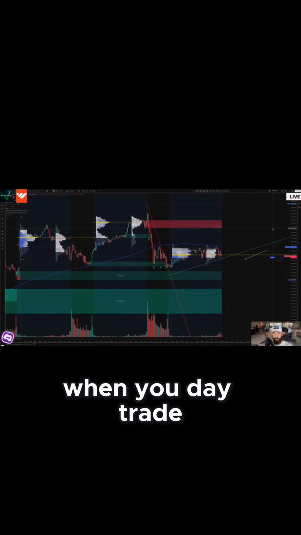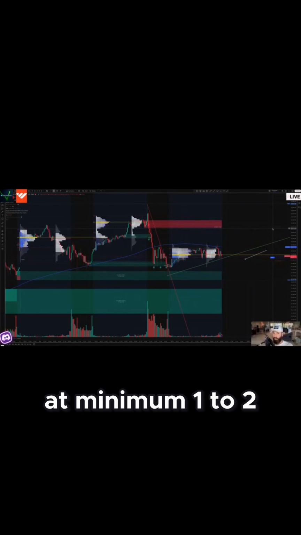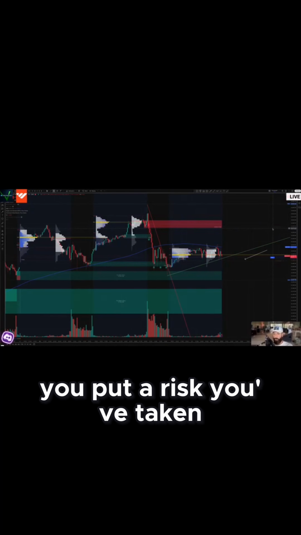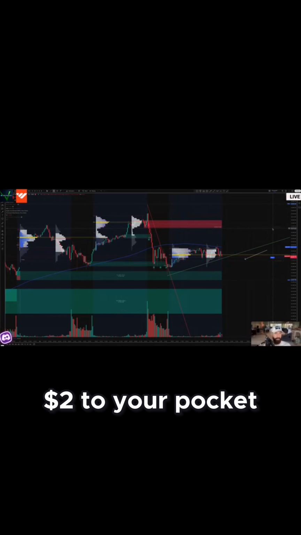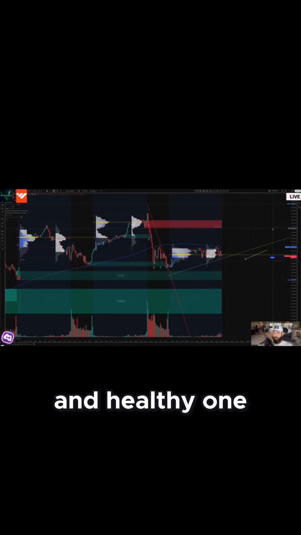when you day trade. A day trade should be at the very minimum 1 to 2. I mean, for every dollar that you put at risk, you take in $2 to your pocket, and it's a very good and healthy ratio. So we are in favor of this position today. This is one of the positions